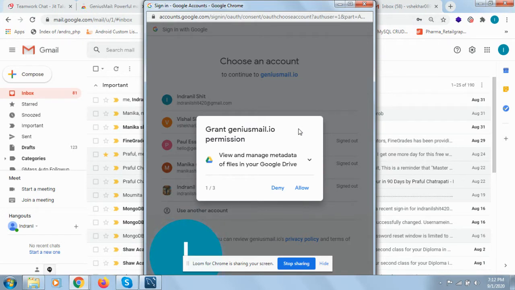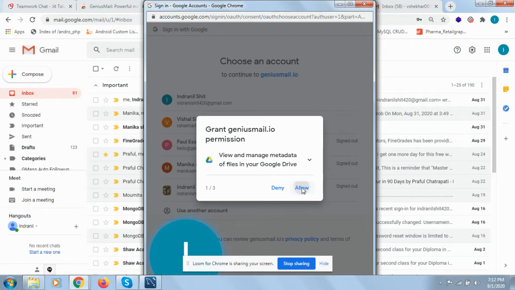First, it is asking to view and manage metadata of your files in your Google Drive, because a spreadsheet also comes under Google Drive. So we need to access your spreadsheet for that functionality. We will see why we need to access your Google Drive.